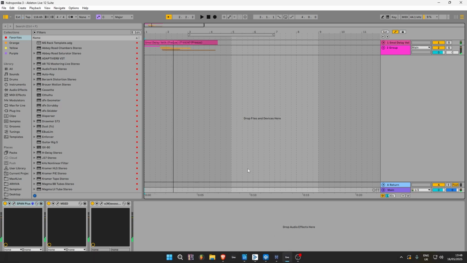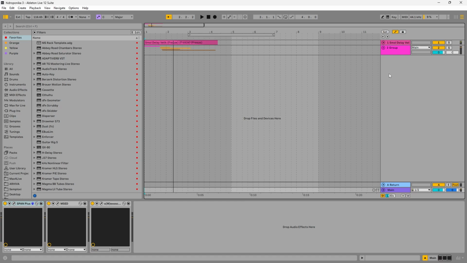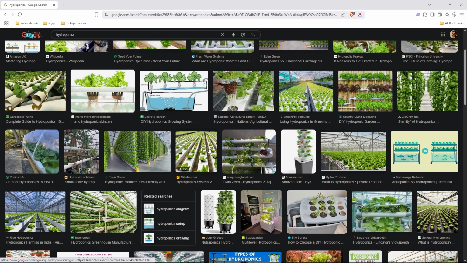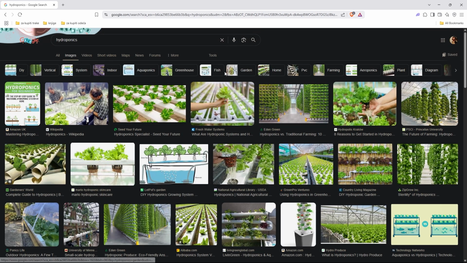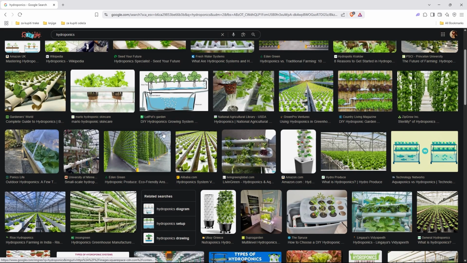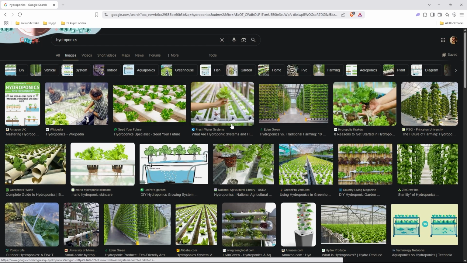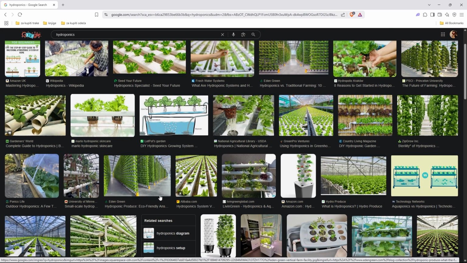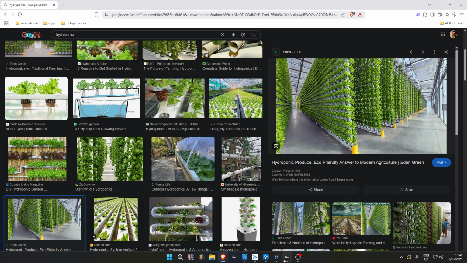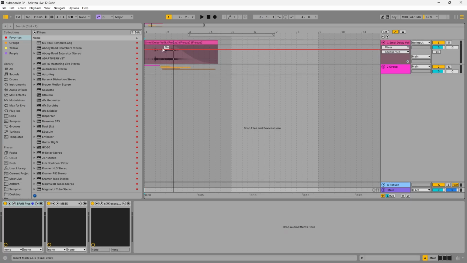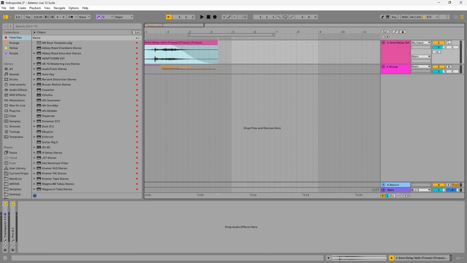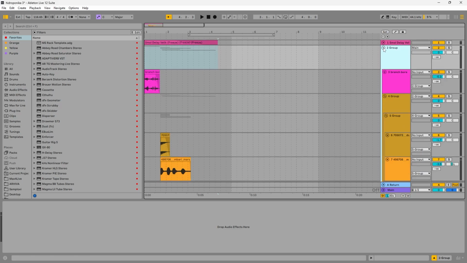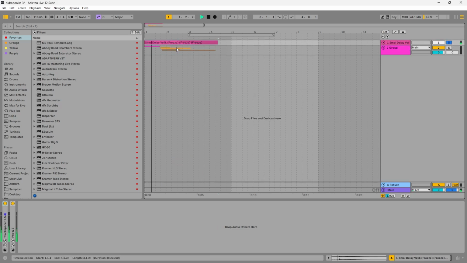But as I was making this, I still needed some form of visual inspiration. As this is supposed to be a hydroponics, the big tower growing things, I googled hydroponics and tried to make something that sounded like some of these images. So here I have a couple of layers, right? The first layer, the overall tonic melodic layer,